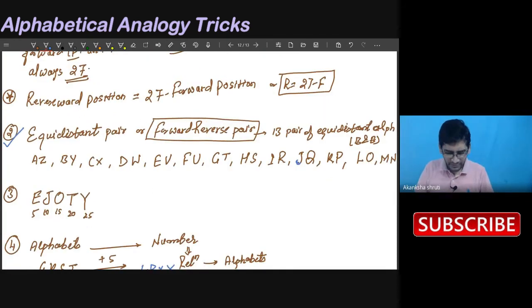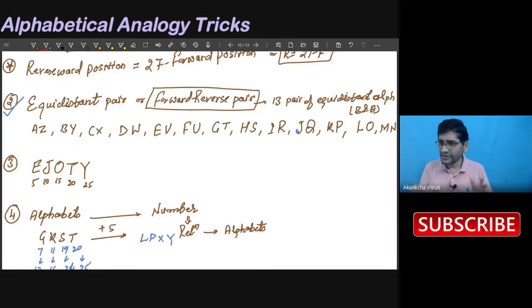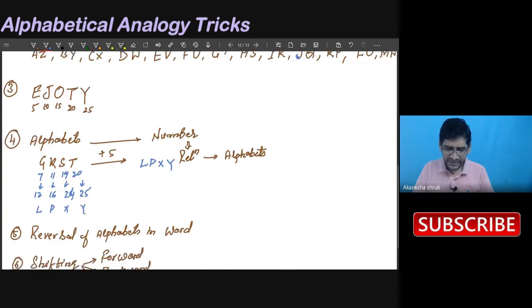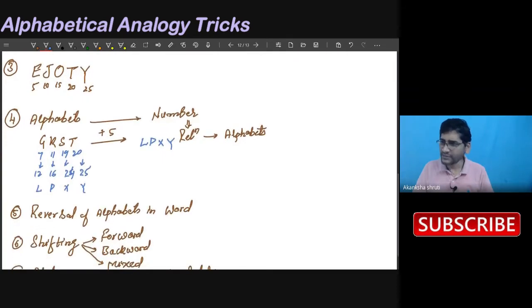Then how to remember the positions? For that, first you allocate milestones at the gap of 5 like E, J, O, T, Y, which are at 5, 10, 15, 20, 25. Then relative to these you can allocate the others. But the best thing, for saving more time, is that you need to mug up or keep in mind the position of each alphabet rather than allocating with respect to E, J, O, T, Y.